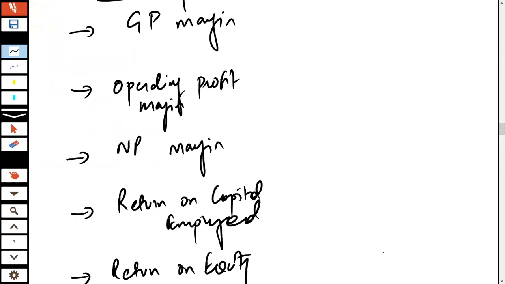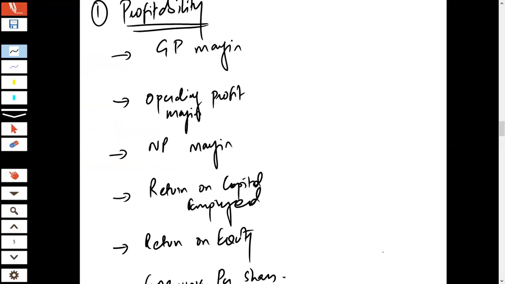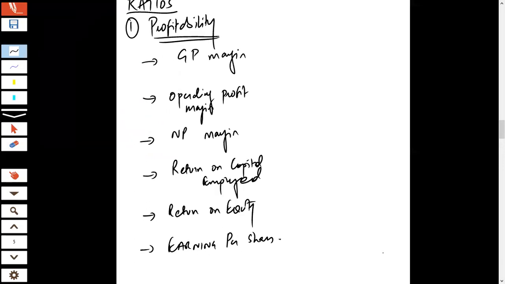Now, what I would want you to do is, I'm giving you 2-3 minutes, write down the formula of each one of them and see how much you remember. Write down the formula in front of each one of them. And it is very pleasing to see that you all are contributing.